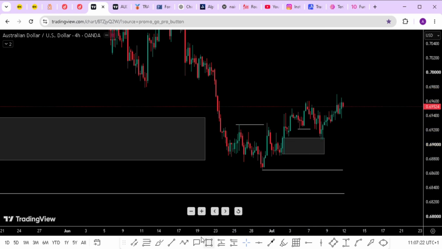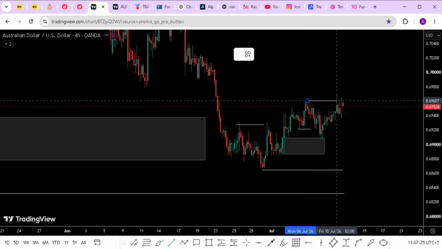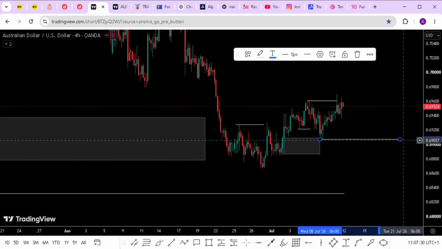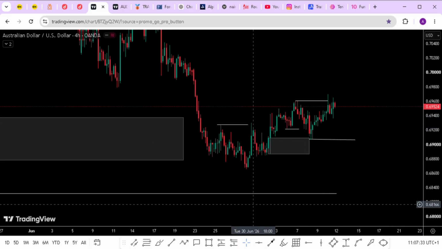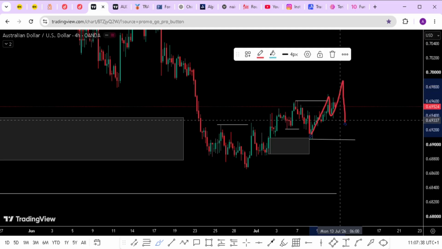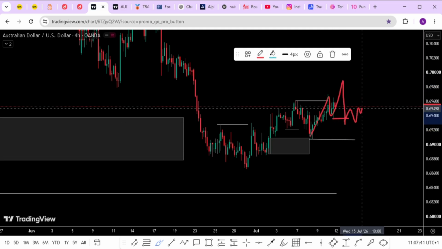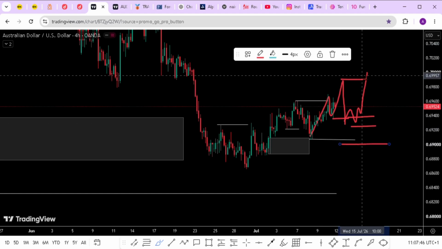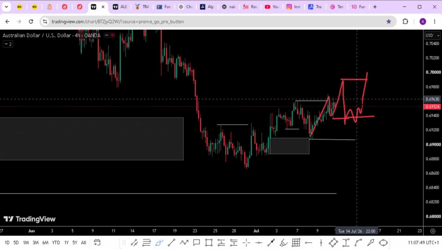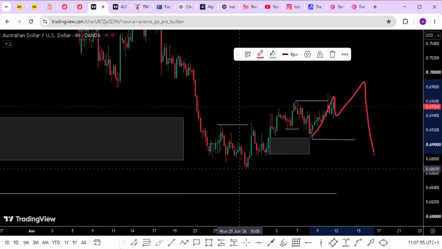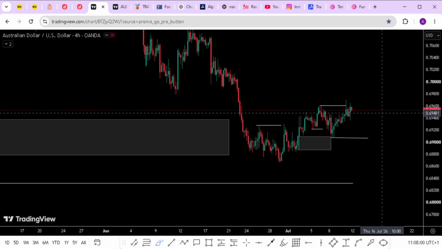So if the market breaks above this high, then this low will be the lowest level that I will need to watch out for. If anything happens like this on AUD USD, and the market sweeps this low, I can engage again. So just buy here, put my stop loss here, then boom to the upside. Until the market proves otherwise, until we have maybe a change of character like this, then I will know that this POI is becoming weak, so I'll stay away and let the market decide its direction.